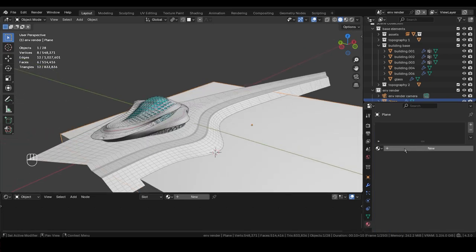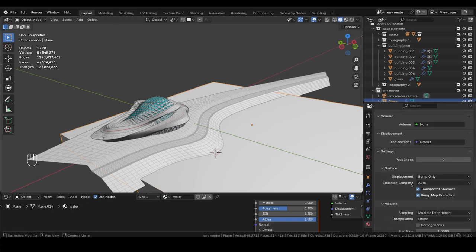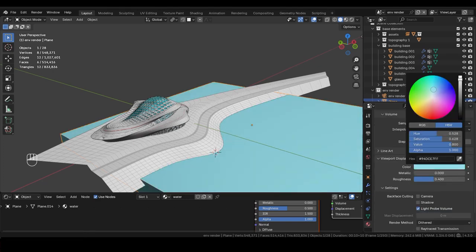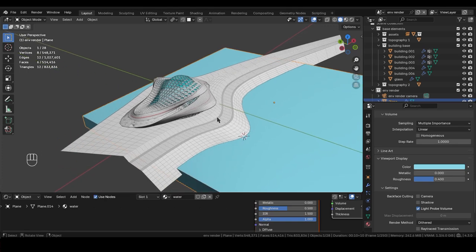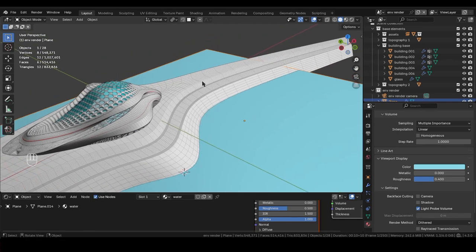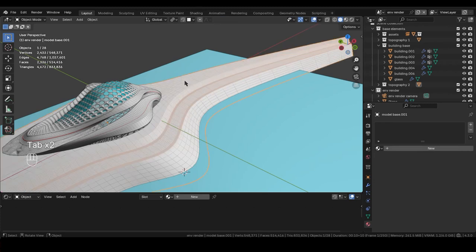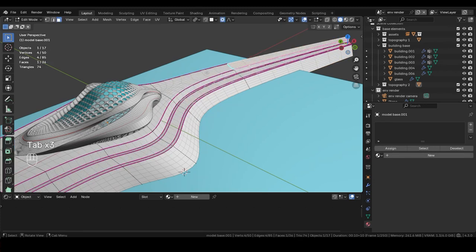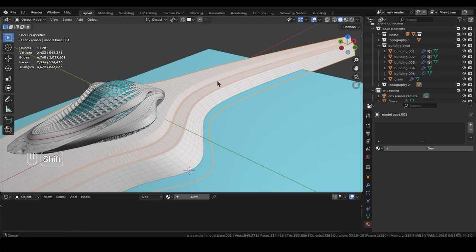So here we'll create a water material and give it a color in the viewport. This is just a viewport color. And for this one, we'll have some scattered assets here and some scattered assets there. So to scatter assets, what we need is a little bit of geometry. Now we don't have geometry, it's just a subD. So what we will need to do is to actually